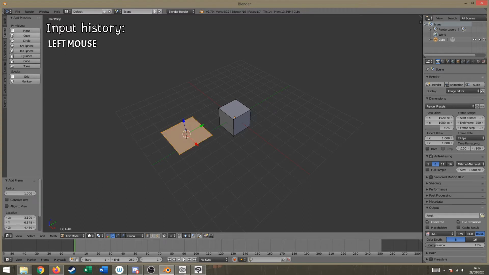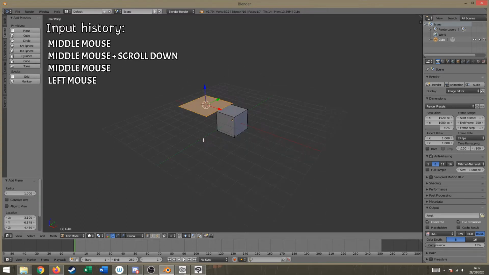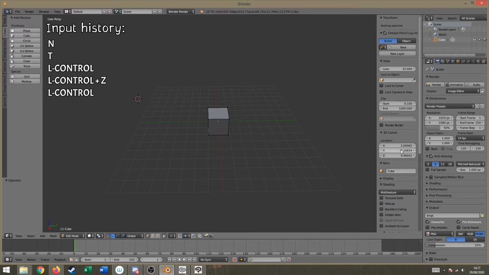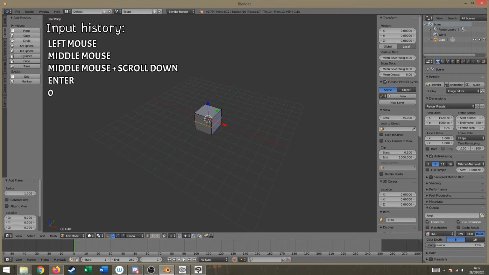So if I create a plane, I created a plane in the wrong place because I moved the cursor. So if I just hit T, no, it's not T, it's N. The 3D cursor has some coordinates here, and we just want to move this straight back to the center. So we can hit 0, 0, and 0. And if I could just create a plane,